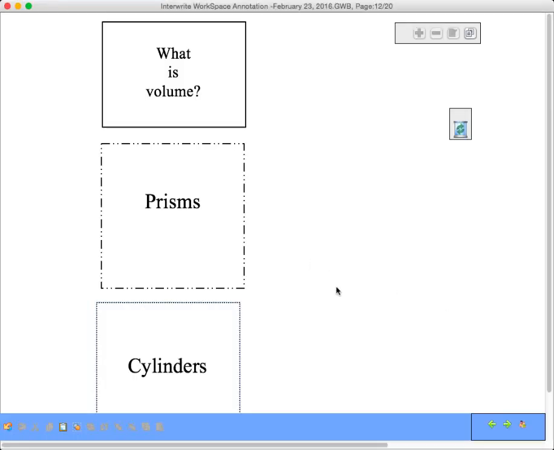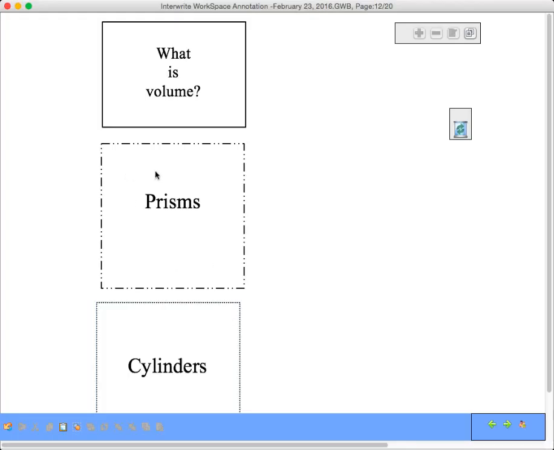Alright, so I'm going to talk to you about volume today, and this will be on your benchmark next class period, along with trig, Pythagorean theorem, a little bit of surface area. First of all, on the front of this, don't worry about folding and cutting, we'll deal with that next time. But where it says prisms, I want you to go ahead and write the formula for the volume